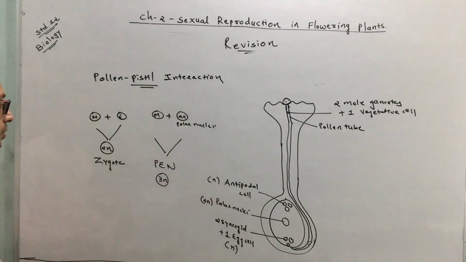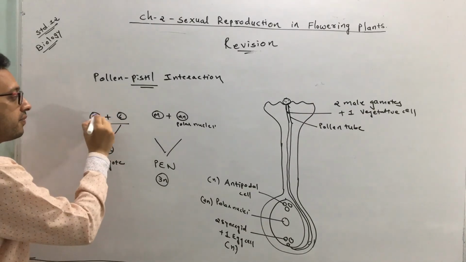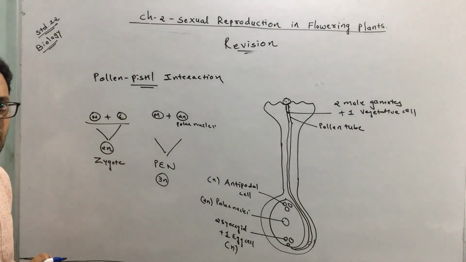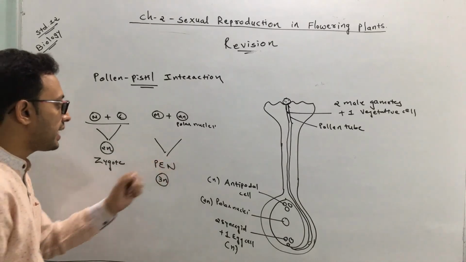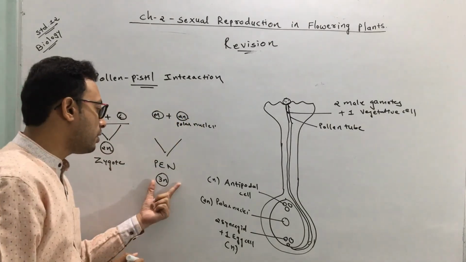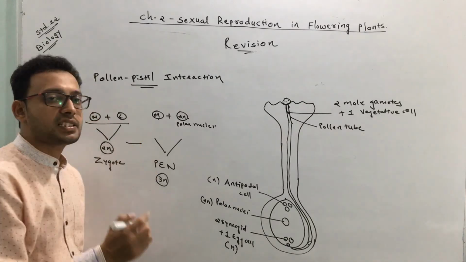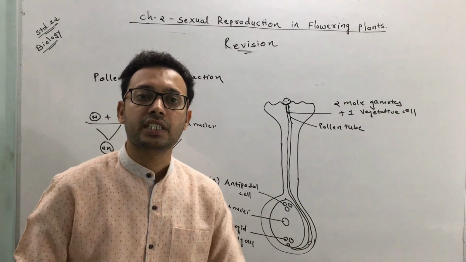So here fusion occurs two times. The first time, one male gamete fuses with the female gamete, the egg cell, to form a zygote: one fertilization. Second, the other male gamete fuses with the polar nuclei, leading to the formation of PEN. As fertilization occurs two times, this type of fertilization in angiosperms